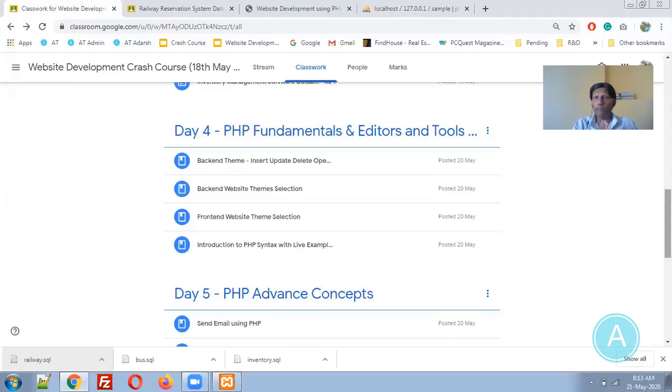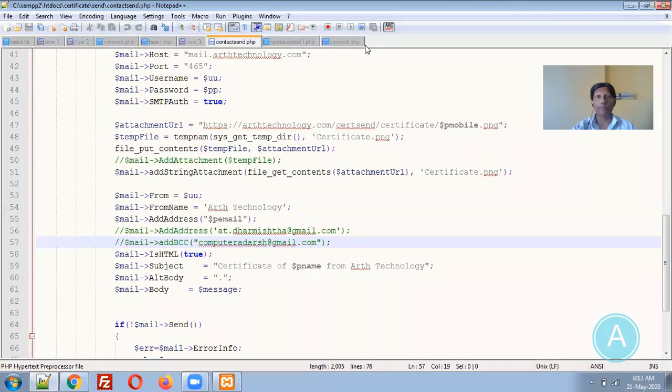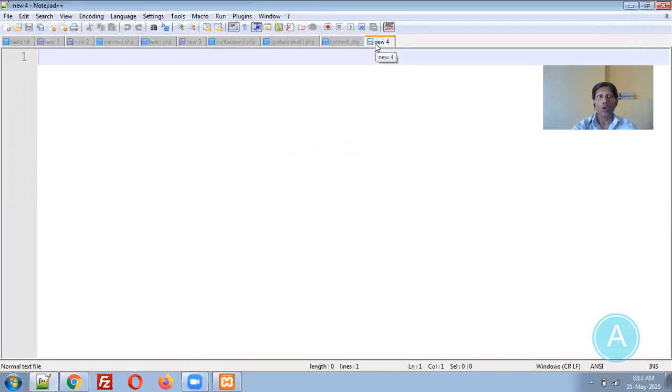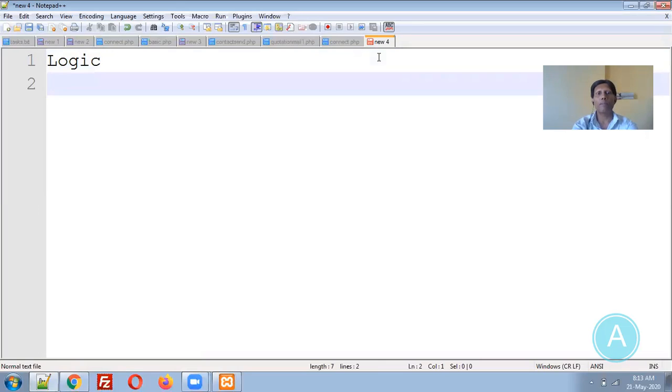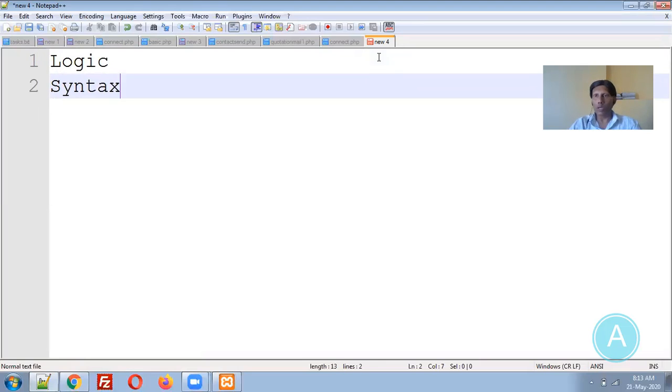Now, whenever you are starting with a programming language, two things are necessary. Let me explain those two important parts. One thing that is too important is the logic, and the second part is the syntax. So from your point of view, what is important, logic or syntax? Logic. Okay, great. Your answer is 100% right, logic.